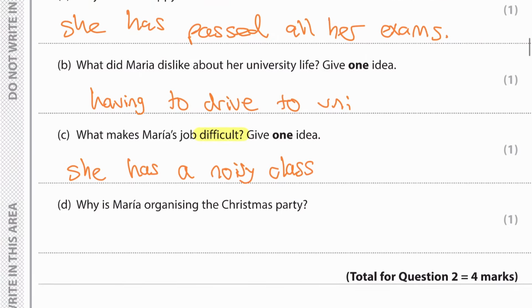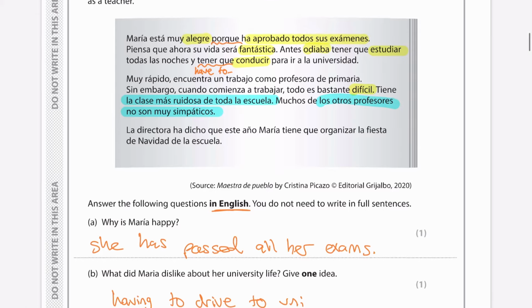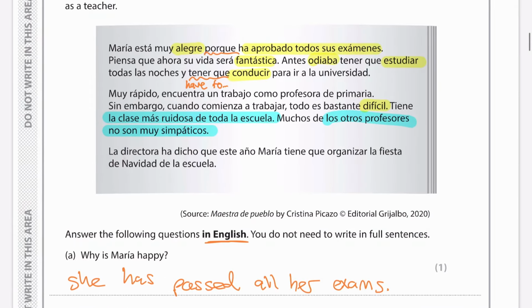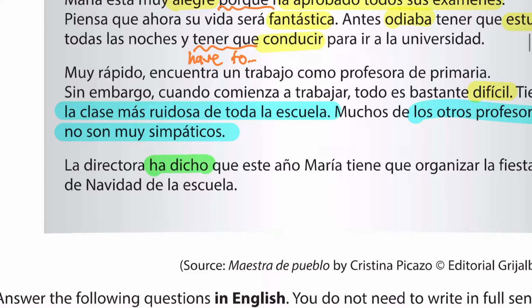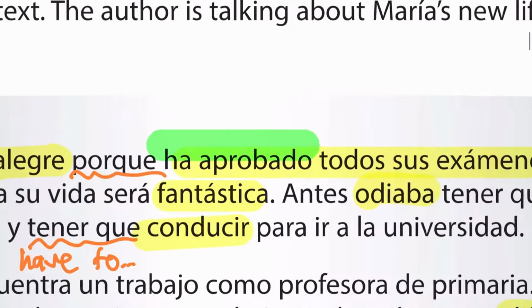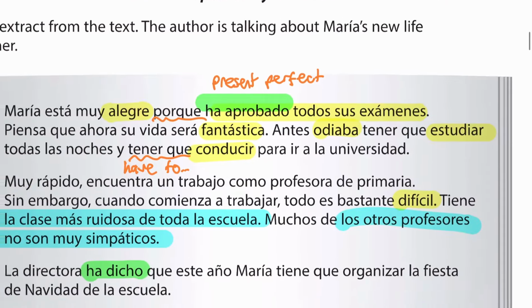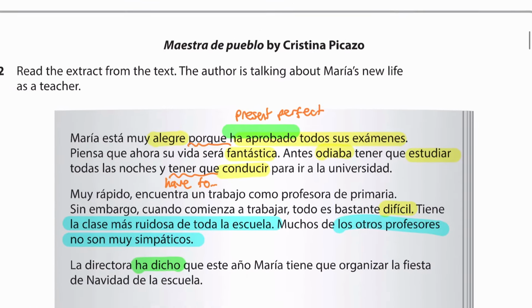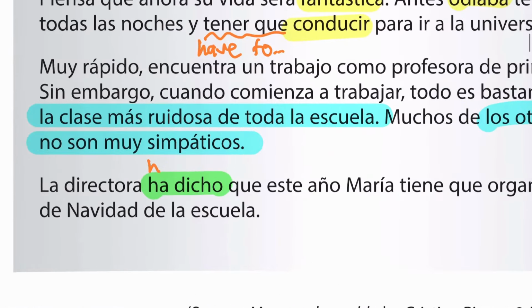And then why is Maria organizing the Christmas party? Let's read this final little sentence up here. So la directora, which is the director, like the head teacher, ha dicho que. So we've seen this twice now. This tense, I'm going to put it in green. Ha dicho, and we saw it up here as well. Ha aprobado. What's the name of this tense really quickly? It's the present perfect. If you don't know how to recognize this, how to conjugate this, definitely learn that. It's come up twice in the same paragraph, in the same question. It's only question 2. Anyway, so ha dicho has said that